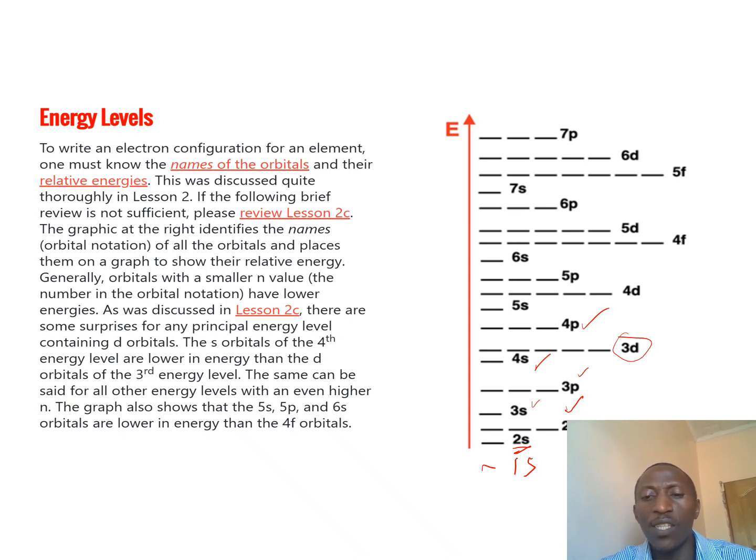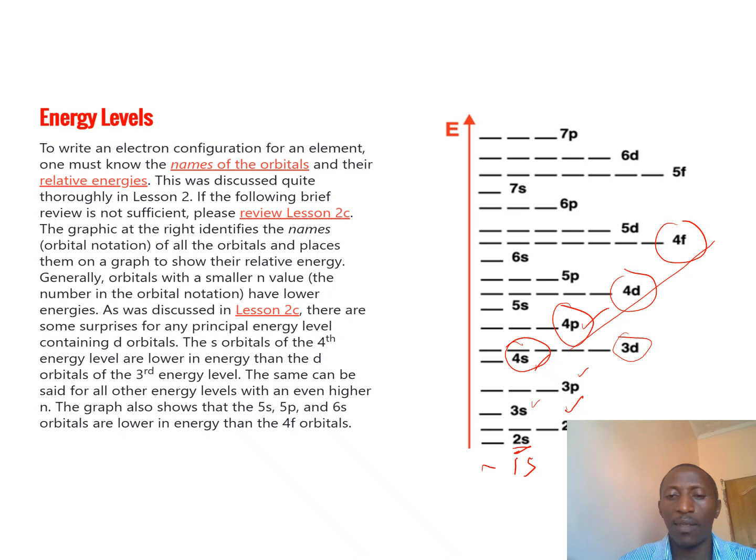If you look at 4s, which is very clear, we have the energy level 4 with the 4s. It has the 4p, it has the 4d, and the 4f. So this is what we had meant when we say higher energy levels have more orbitals. Like energy level 4, you can see it has 4 orbitals, s, p, d, and f. That will be covered in further chemistry in our learning programs.